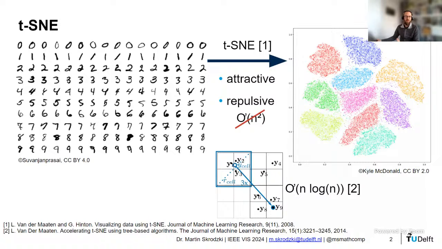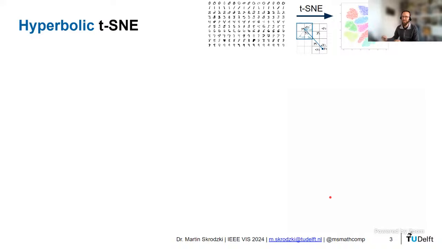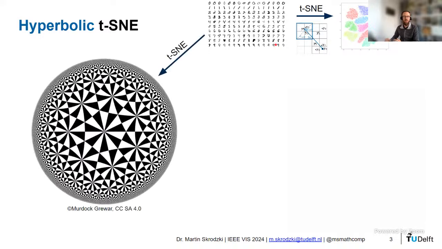That's a quick refresher on t-SNE and the accelerations that have been done there. Let's move on to hyperbolic t-SNE, and we'll keep the original t-SNE pipeline up here as a reminder. The data set itself doesn't really change. We also want to still embed this data, but instead of embedding it into classical Euclidean space, we now move